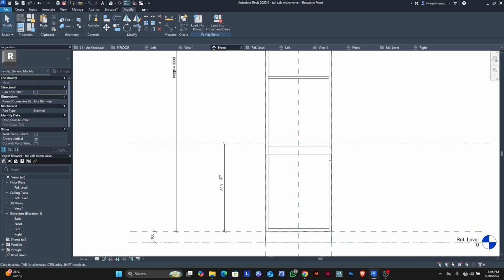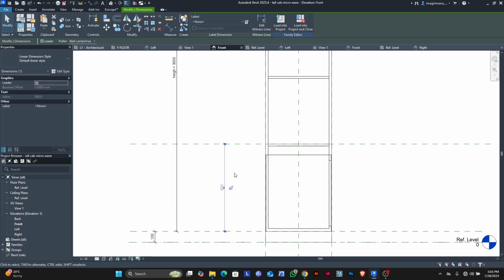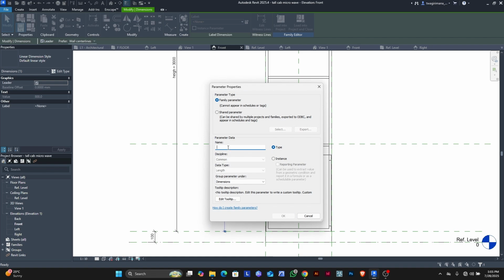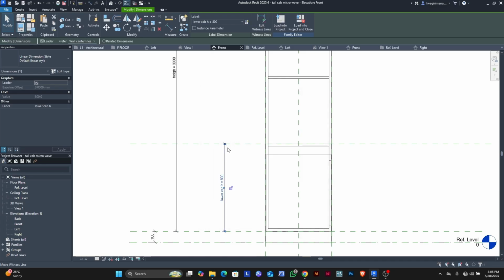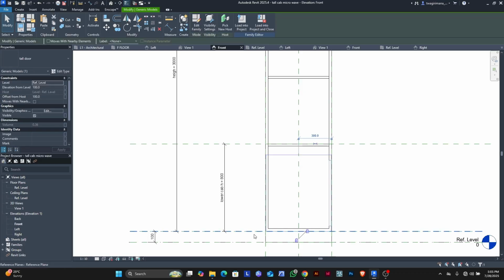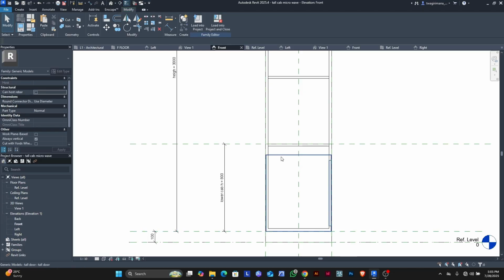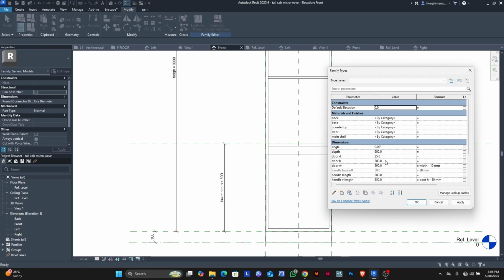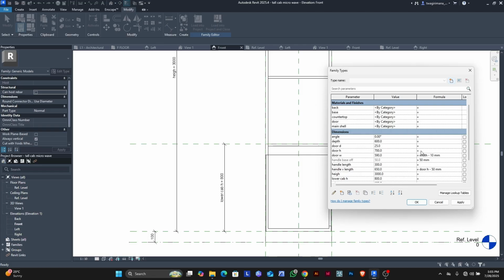So hit OK, and then let's add this parameter and call it lower curb height. So add the parameter and let's call it lower curb h as the height for the lower cabinet. So what you are going to do, this door, since it is fixed at the bottom, we are going to add a new formula to this door. Okay, this door height will be equal to lower curb h